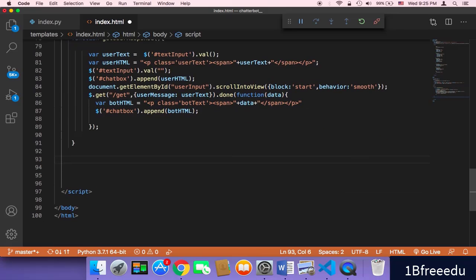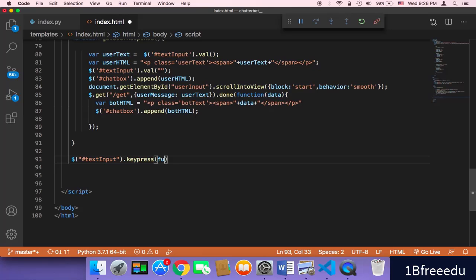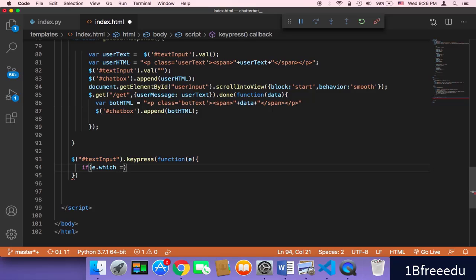So I'm going to use jQuery here to accomplish that. I'm going to make a reference to the text input, and then I'm going to say .keypress, and then here a function, the callback function, and then the event. And then what we need to do is first check the key that the user has clicked on. If the user clicked on button number 13, which is the enter button, if the user hits the enter button,